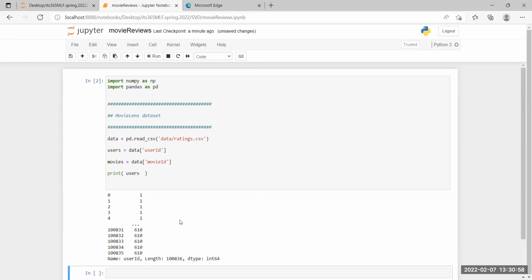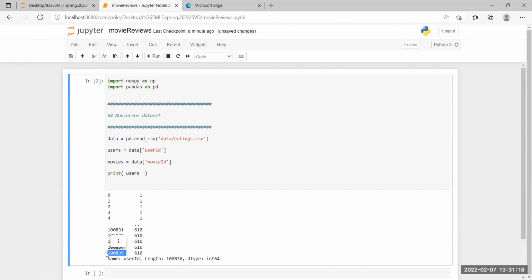No, actually, hold on. Yeah, so the user was repeated, right? If you remember in that ratings file, you'll see user 11111 for all the movies that they rated and the rating. So that's why it's showing about 100,000. So this actually gives us the number of rows that we have in ratings.